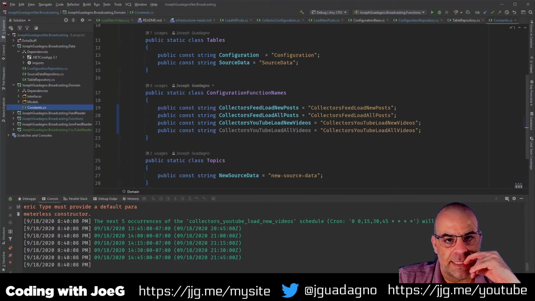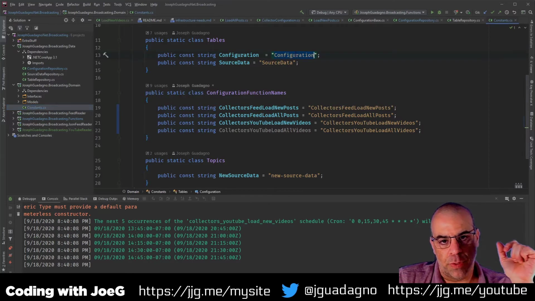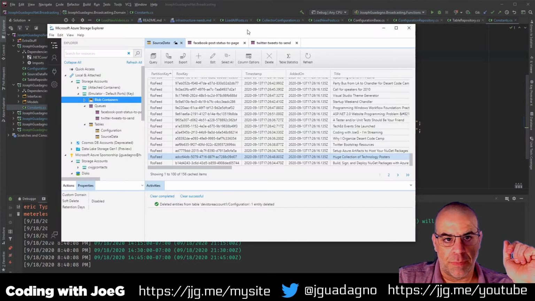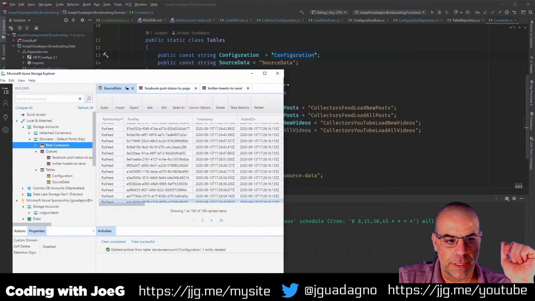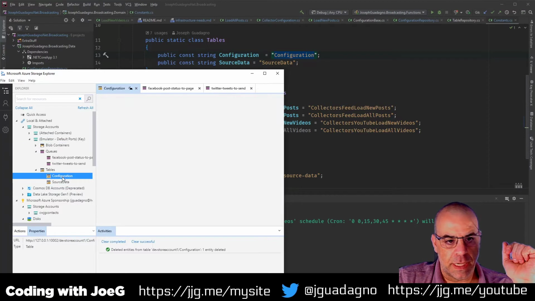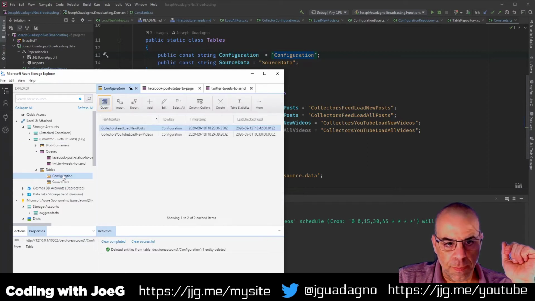So I have these constants for tables called configuration, and then one called source data. So essentially, we pull up the configuration table from here. We're going to pull this table here, and then we're going to use this function name as the partition key, and then we randomly throw configuration in there.